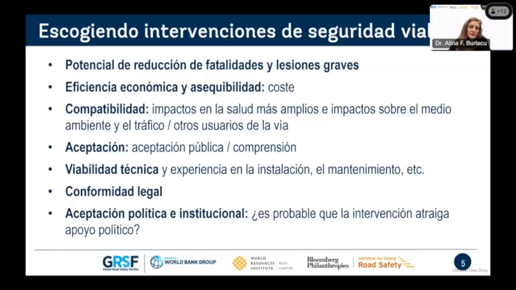So again, we have different examples and ways of presenting a specific intervention that might not be initially accepted by the public, but with the right communication tools and explanations, it can actually improve the acceptance and use by road users.